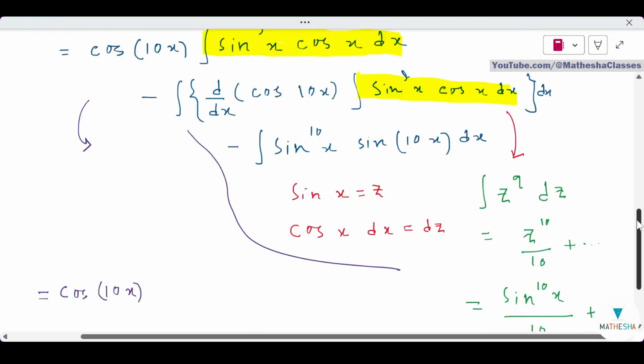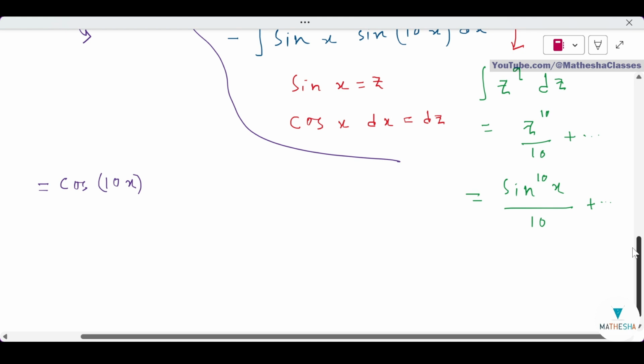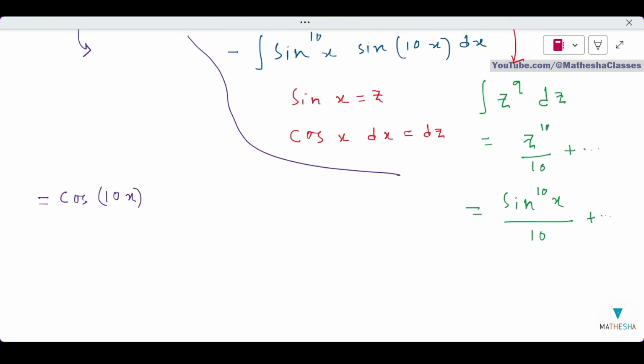This is sine to the power 10x by 10. So sine to the power 10x by 10,